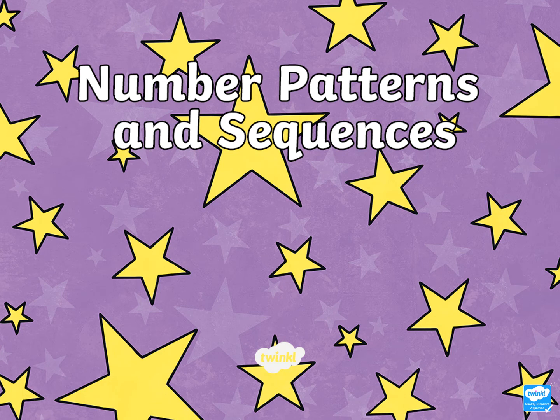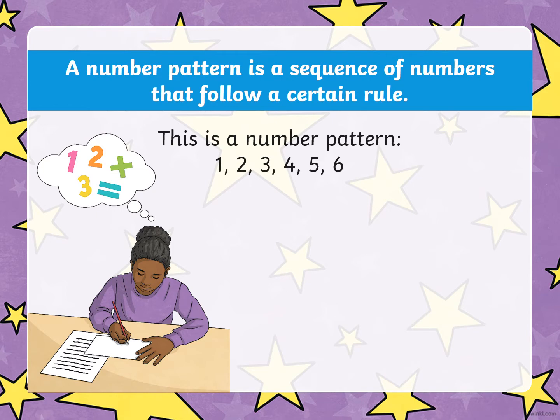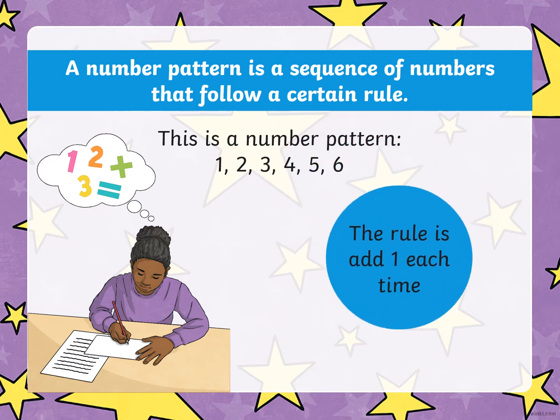So yesterday we looked at the Fibonacci number sequence, and today we're going to be doing some more work on number patterns and sequences. A number pattern is a sequence of numbers that follow a certain rule. This is a number pattern: 1, 2, 3, 4, 5, 6. So we're starting with a simple one. The rule is that each time you add 1,